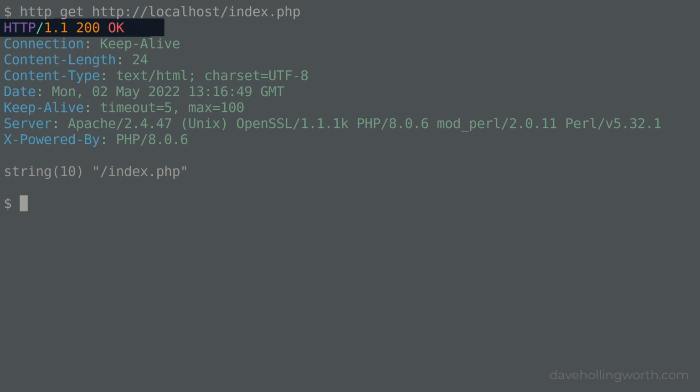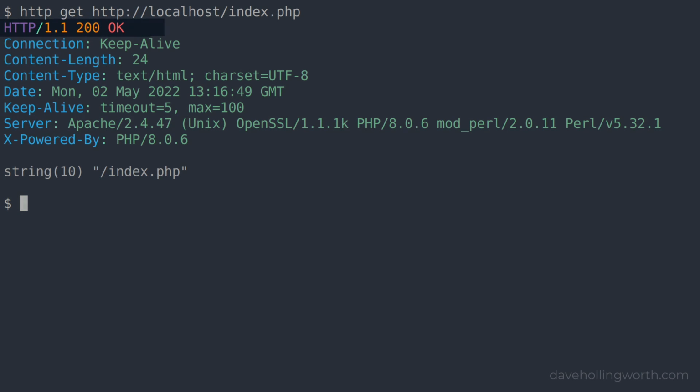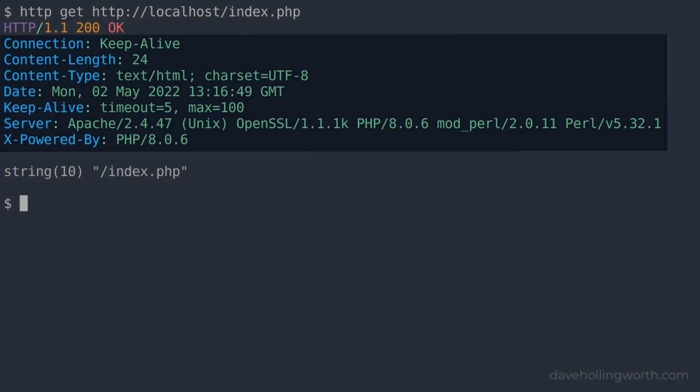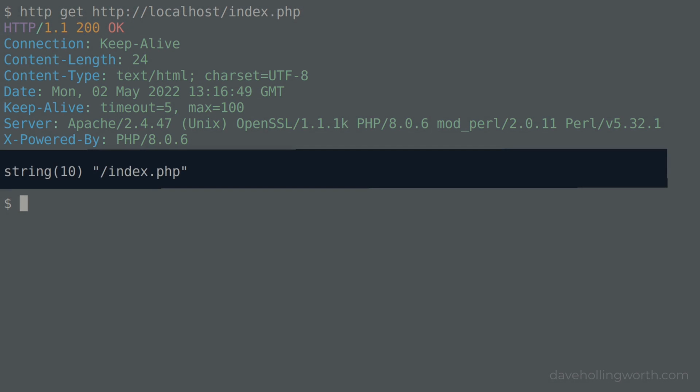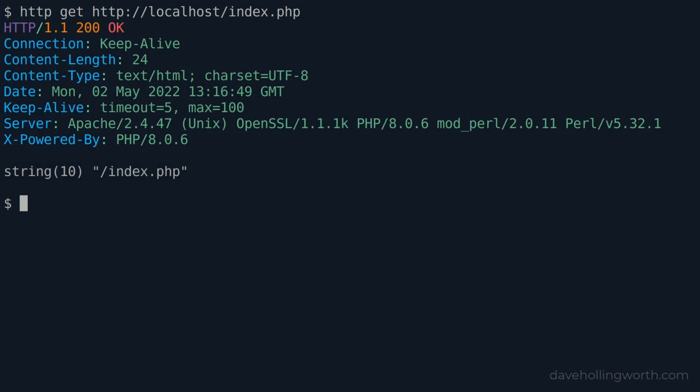On the command line, using HTTPie, we make a GET request to that page, and we see the response status code, which is 200, the response headers, and the response body. In the response body, we see the output of the var_dump call, and this is printing out the path part of the URL,